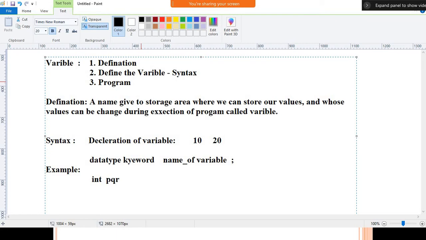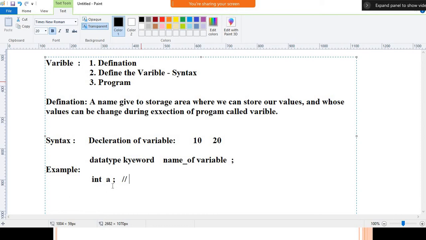We cannot use special symbols or punctuation marks. So here I will use a simple name as the variable name. First of all, I will use the data type keyword. Here I am using int, and after that the name of the variable. So this example indicates that a is a variable name whose data type is integer.